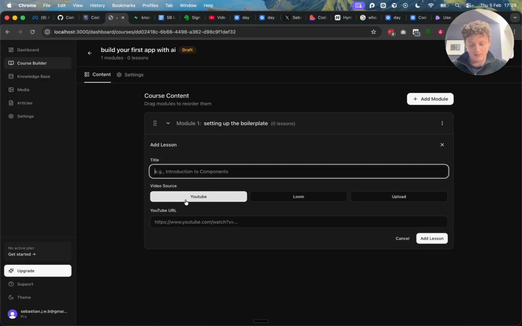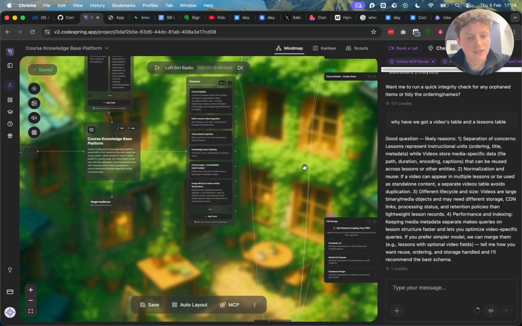We're going to call this lesson 1. Let's just call this, I don't know, download, create GitHub account. Actually, that gives me an idea, right? This is why I love CodeSpring, because now I'm like, oh, maybe there's a new feature I want to build, so we can actually come into here, we could say,